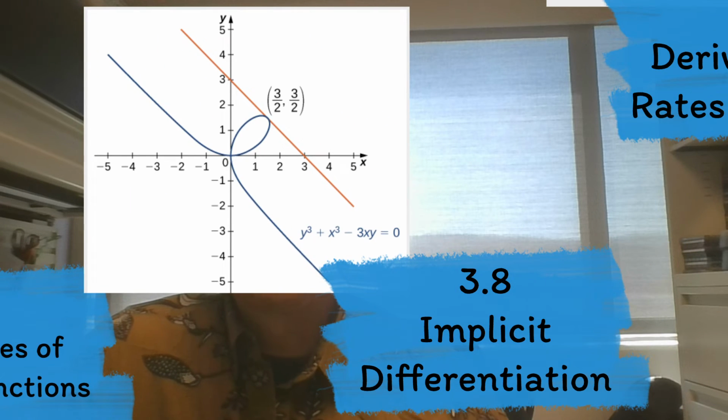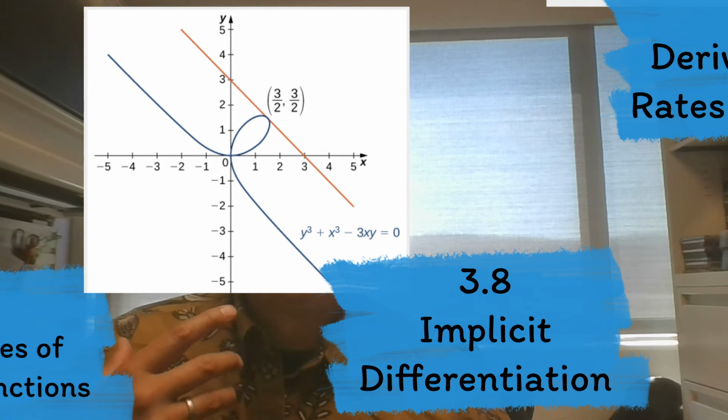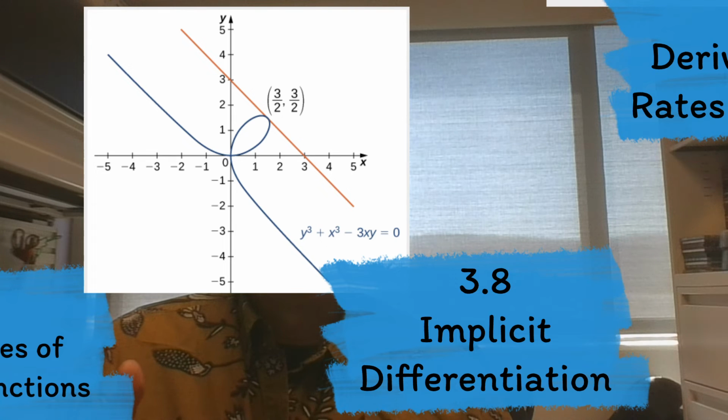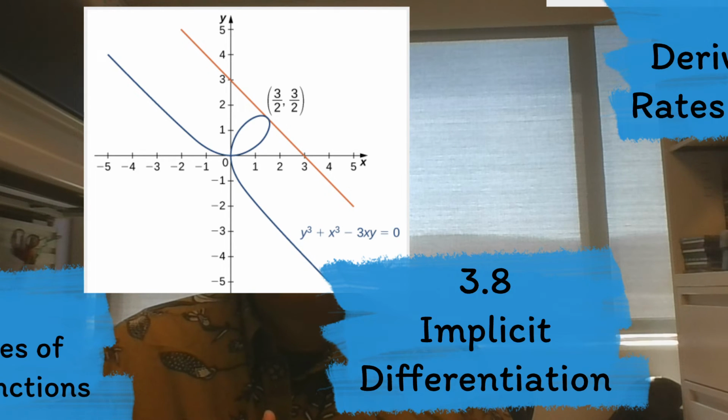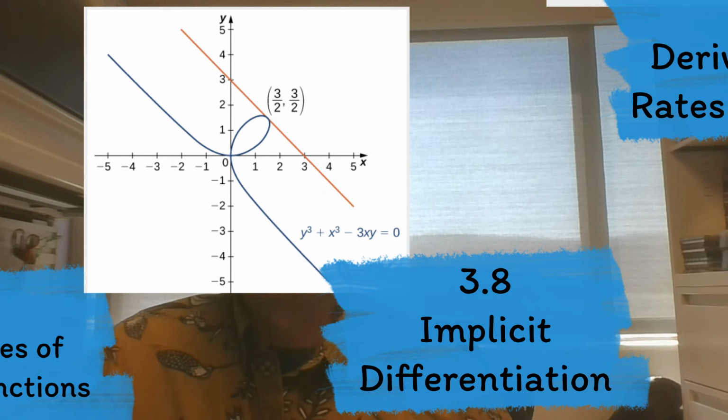Another application to the chain rule is implicit differentiation. We're looking at derivatives of things that might not look like a function of x, like y is a function of x, but rather you have a relationship between x and y. And then if you're still interested in trying to find the derivative, or say the slope of the tangent line,